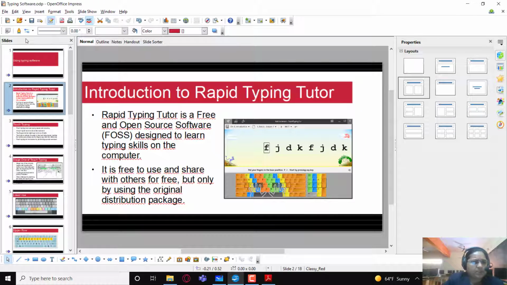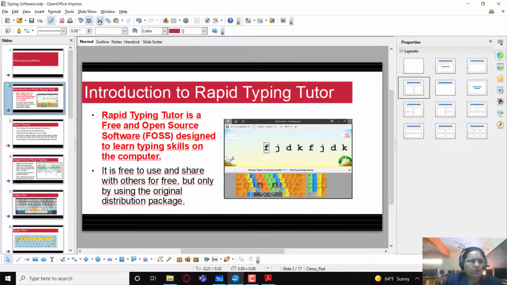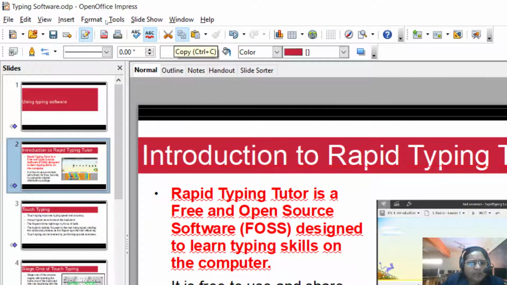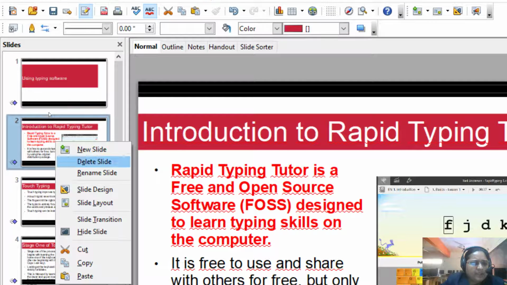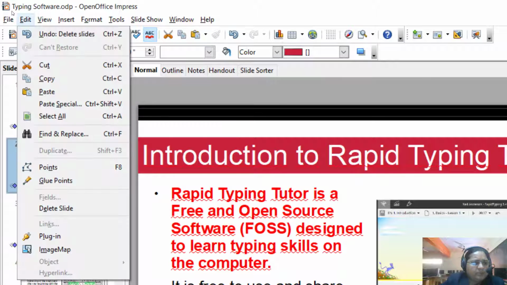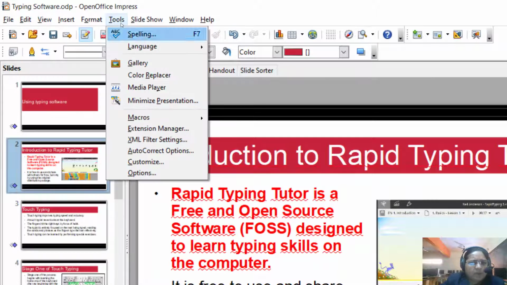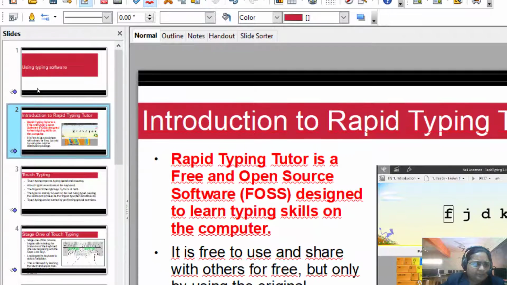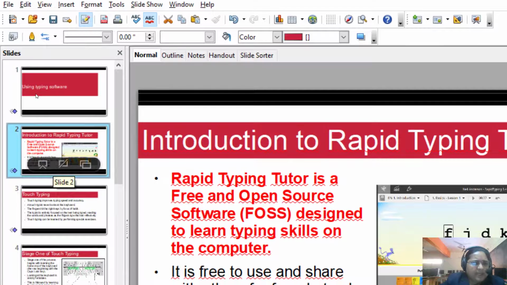Click on the cut option, or you can go to the standard toolbar over here and you get the cut, copy and paste options. So three ways are there: either right click on the slide, select cut, copy, paste, or go to edit menu, select cut, copy, paste, or go to the standard toolbar and select cut, copy, paste. So the slide is selected.